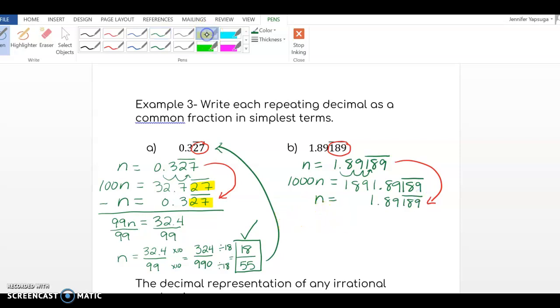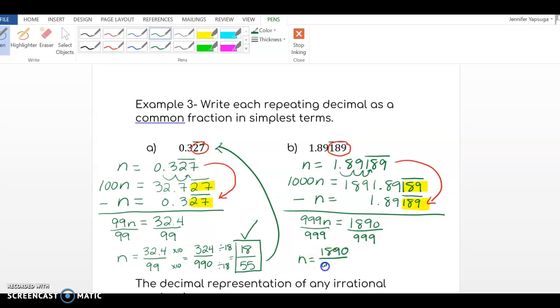And again, just like in the last example, notice that this and this are lined up, and when I subtract, they will go away. So I'm left with 999n equals 1,890. So then I'm going to divide both sides by 999. And I'm left with n equals